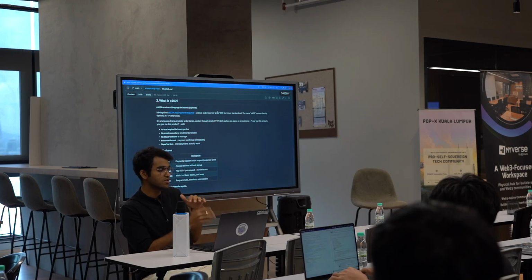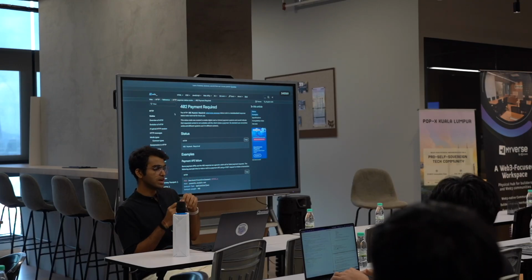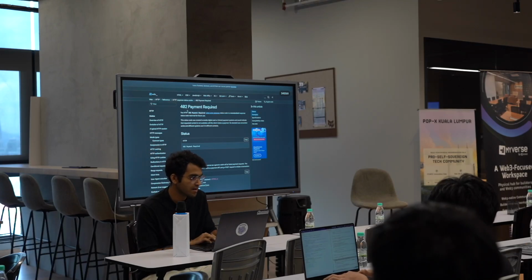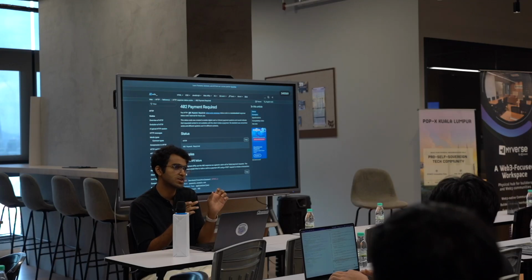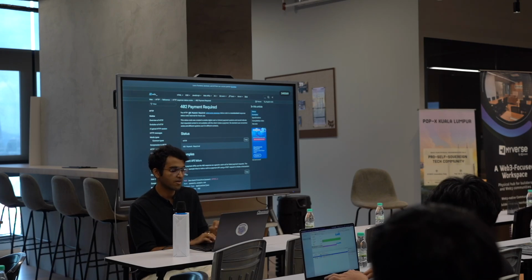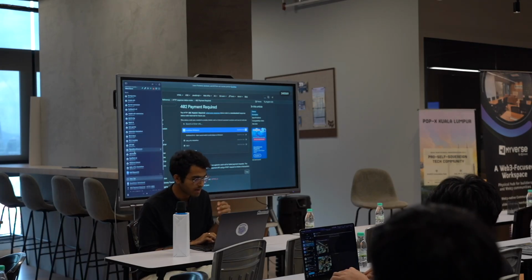Basically, earlier there was this already x402 HTTP status code which you could use, but it was not used by developers. I think it was launched in 1990 as well, but it was not being utilized. It was basically a status code where a website could send the client a 402 response, and it just tells the client that payment is required. That's it. That was just the protocol which was presented in 1990. But now,